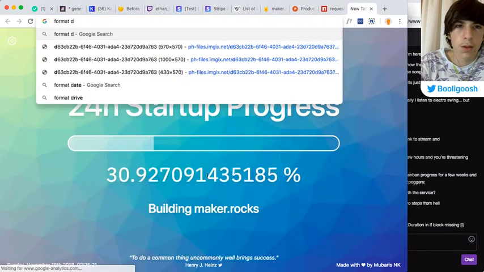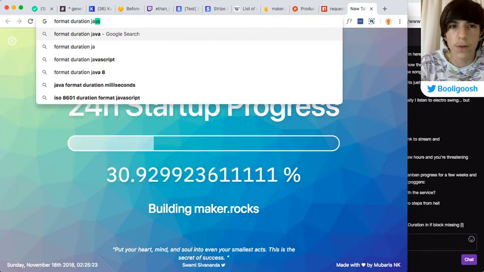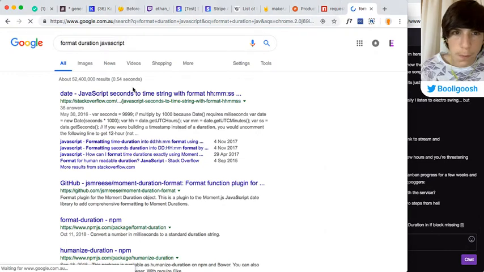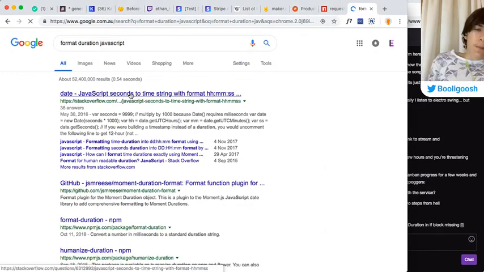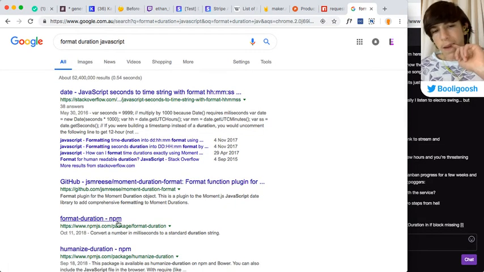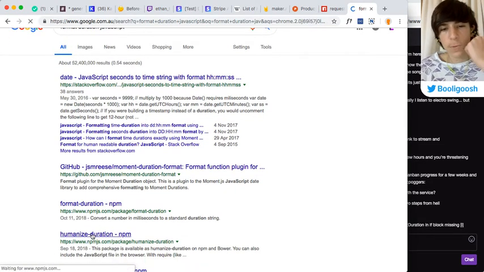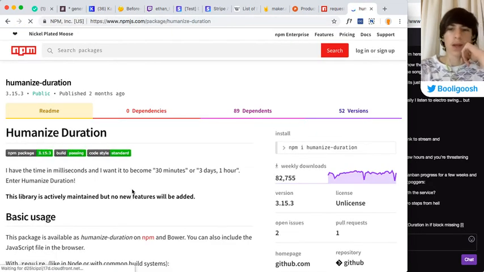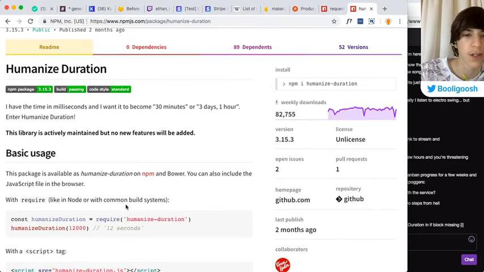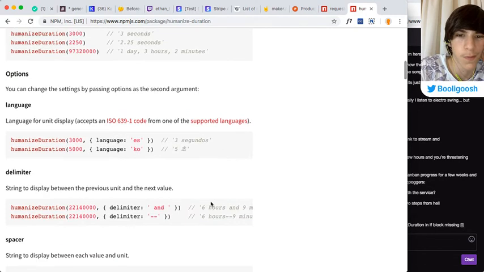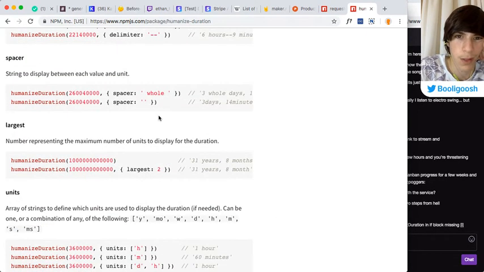Format duration JavaScript, cool. Here we go. Humanized duration. That sounds nice. This is on the back end, so we can use npm and stuff. Oh, awesome. That's cool.